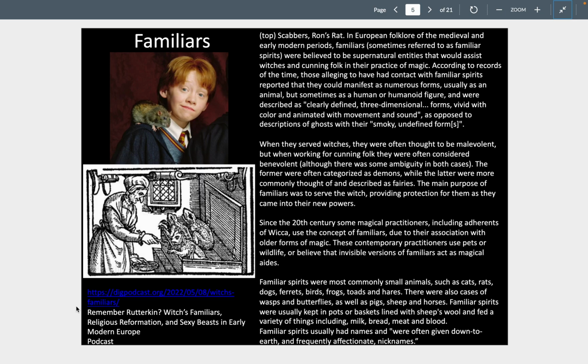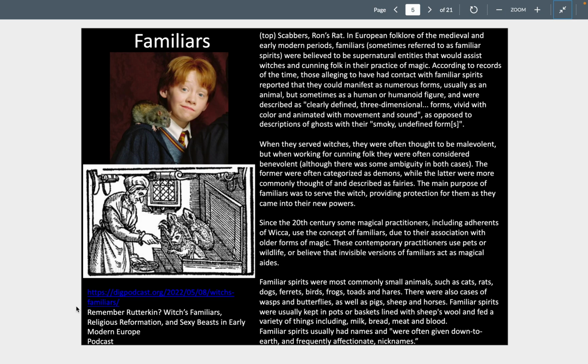Familiars in witchcraft. And we have a picture there from Harry Potter of Scabbers, Ron's rat. In European folklore, medieval and early modern periods, familiars, sometimes referred to as familiar spirits, are believed to be supernatural entities that would assist witches and cunning folk in their practice of magic. According to the records of the times, those alleging to have contact with familiar spirits reported they could manifest as numerous forms, usually as an animal,